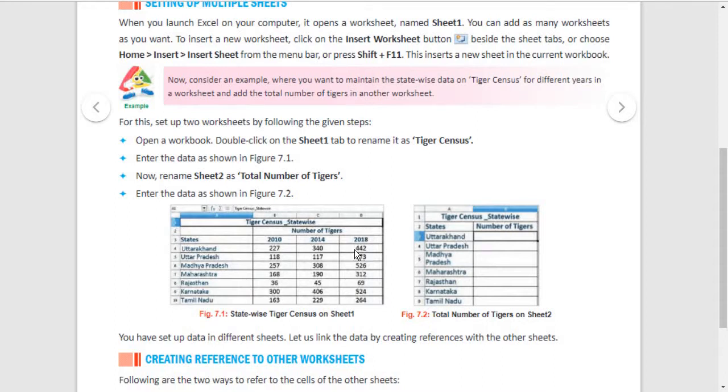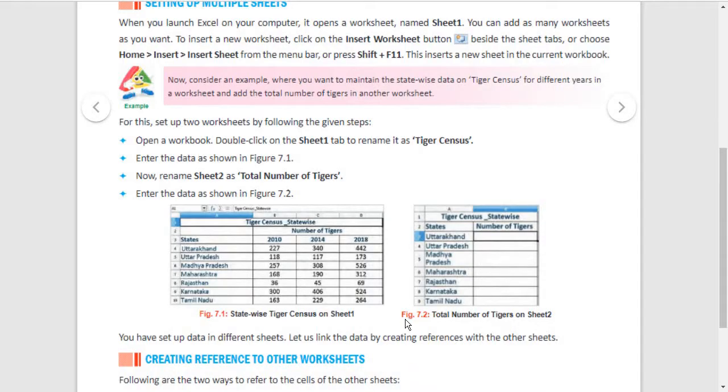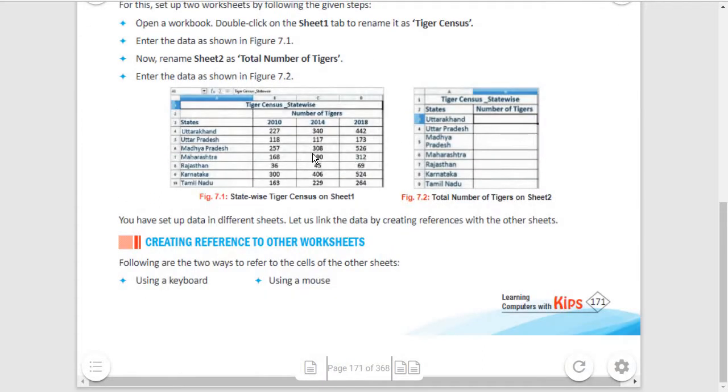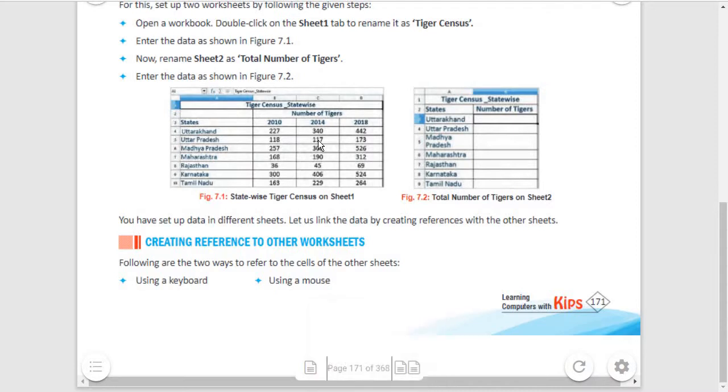I am taking this example for your understanding purpose. Now I have typed some data here. If you observe closely, this data is similar to the image in your textbook. See here. In this, I don't want to open a calculator, and I don't want to add all these numbers manually.